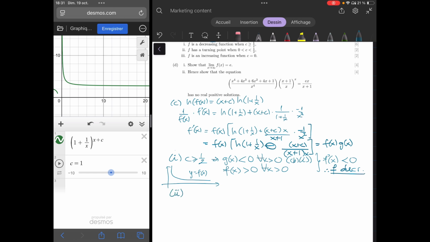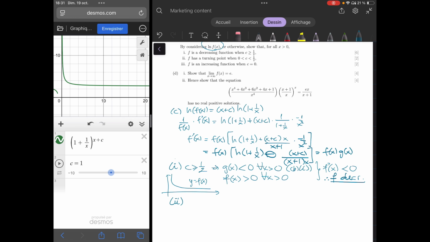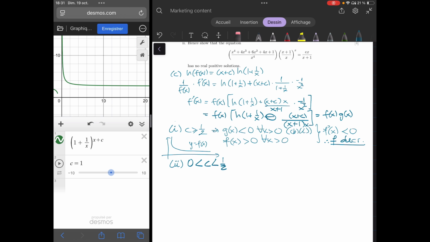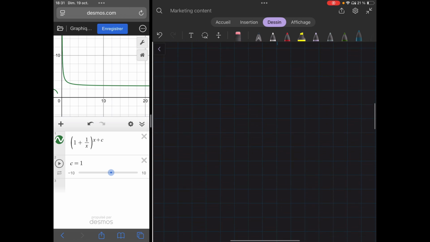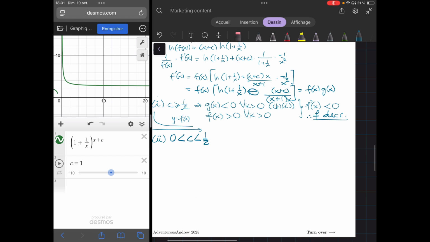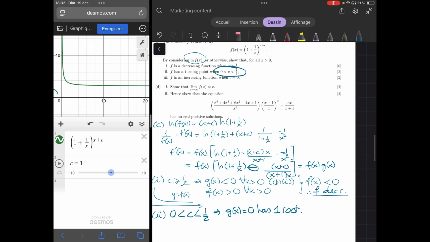C2. Show that f has a turning point when c is between 0 and 1 by 2. If c is between 0 and 1 by 2, we can see that the graph of y equals g of x has one root. We also know that